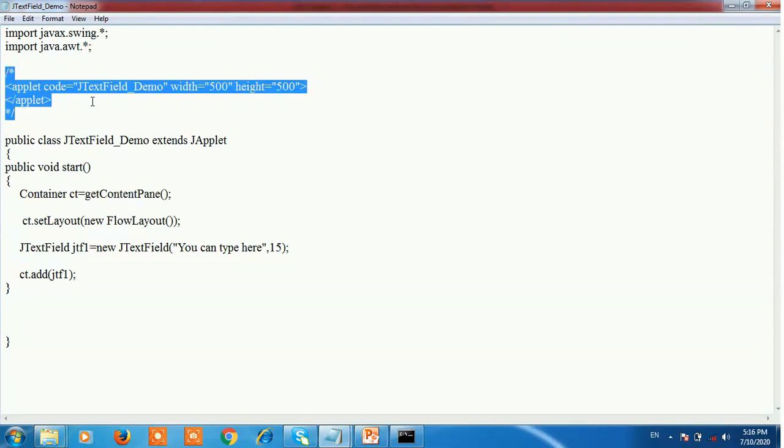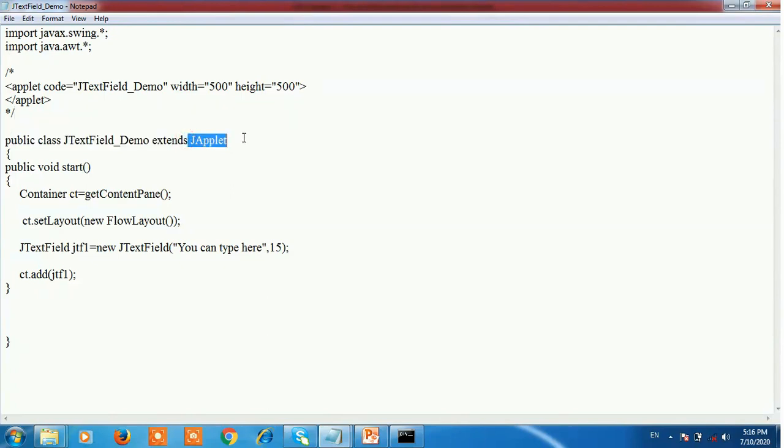In that, define the height and width of the applet window. After that, create a class JTextFieldDemo extends JApplet. Then in the start method, first create an object of the container: Container ct = getContentPane(). Then define a layout, that is a flow layout.